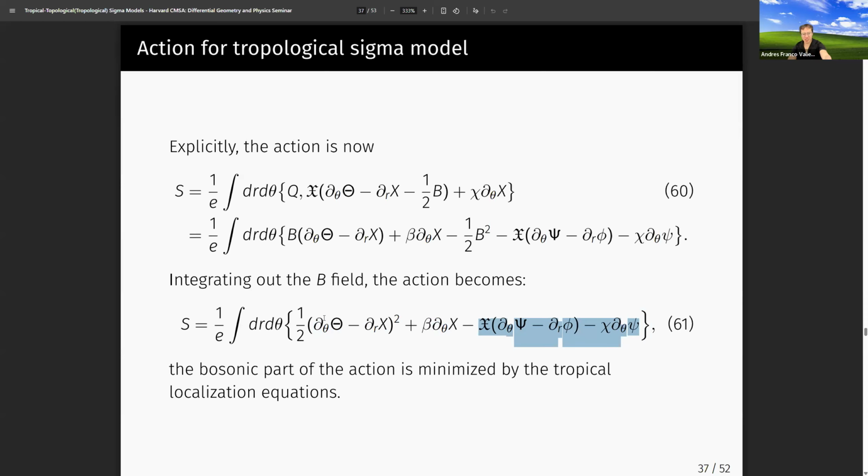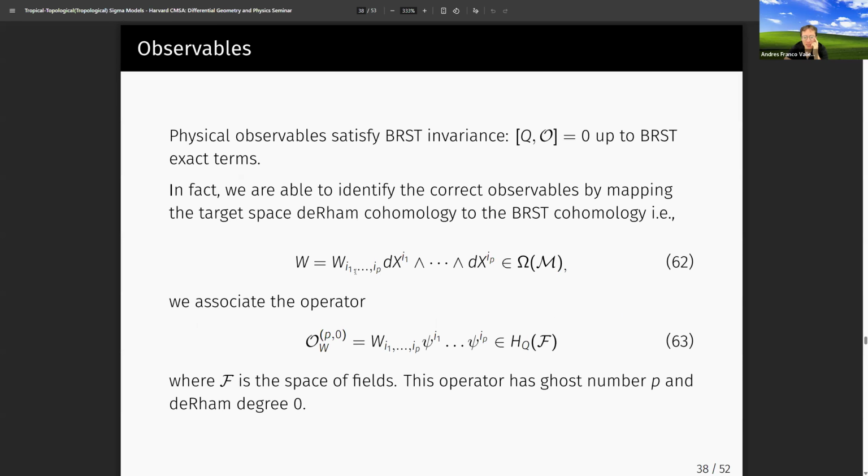But this is what our action is. This is the thing that we would put in the exponential of that functional integral. And the only thing that we have to do now is, how do we evaluate it using this? And so it turns out that there's a standard